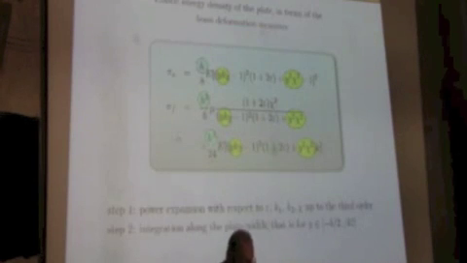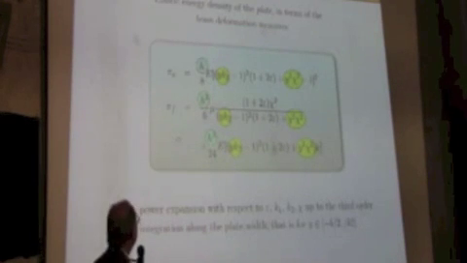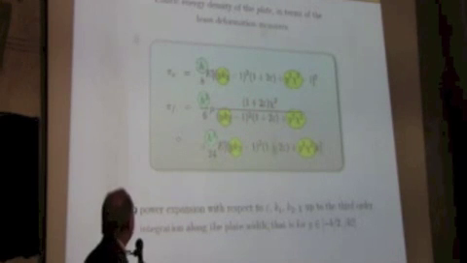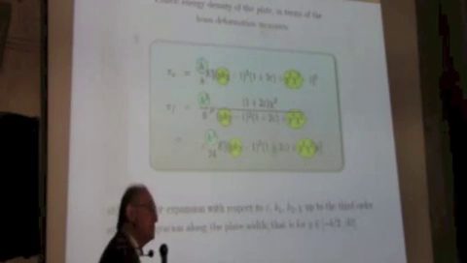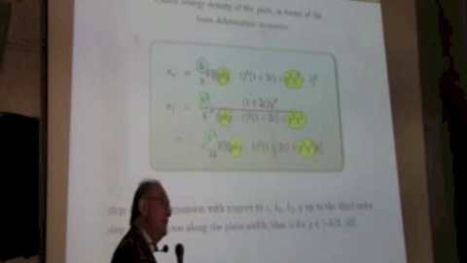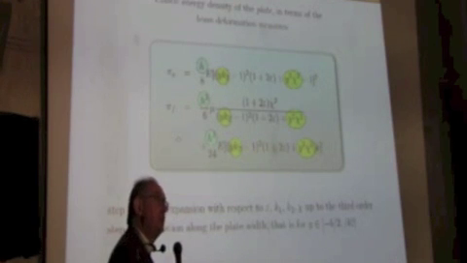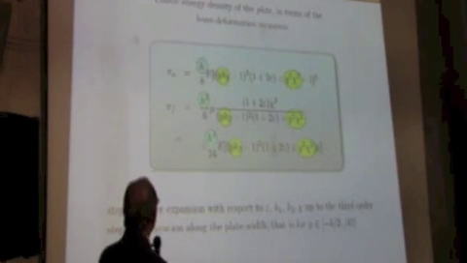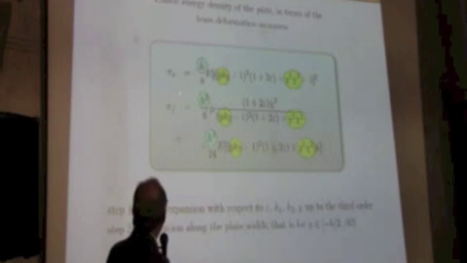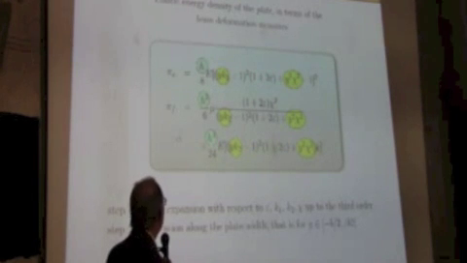So the energy density of the plate can be rewritten in terms of the deformation measures of the curve I have introduced before. So you can see this is the expression in which, look, in the yellow circles or ellipses